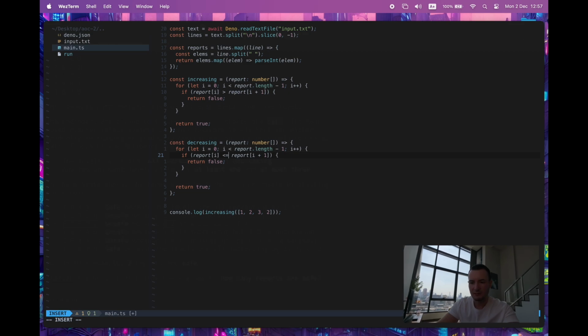If it's decreasing, then let's say the first element was 1, then that one would have to be 0. I don't think we need the equals. Let's assume if we're testing if this is decreasing, then it would be decreasing if it was 10 and then 20. So we're saying if the first element